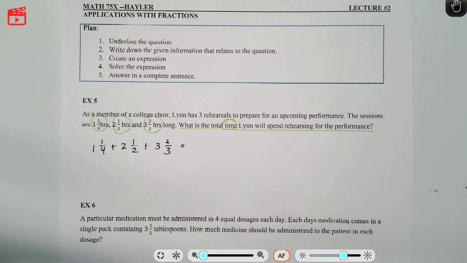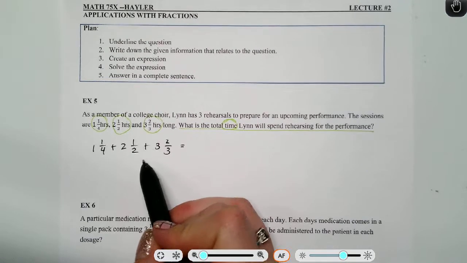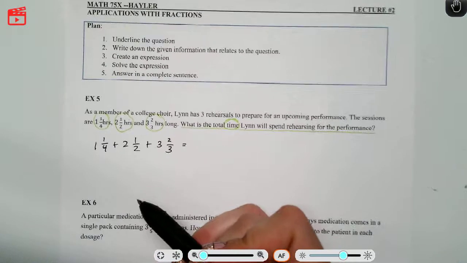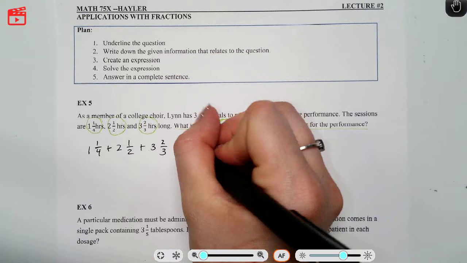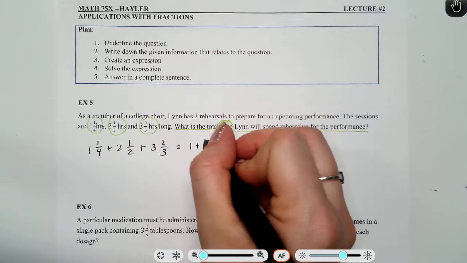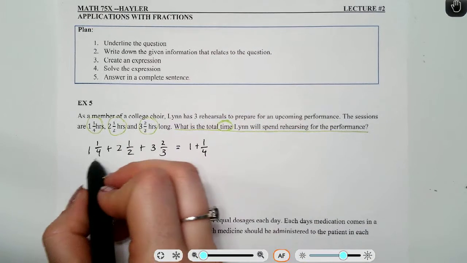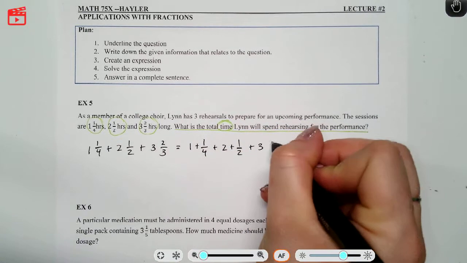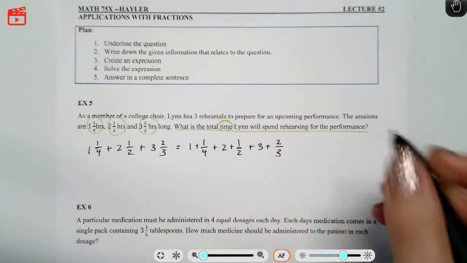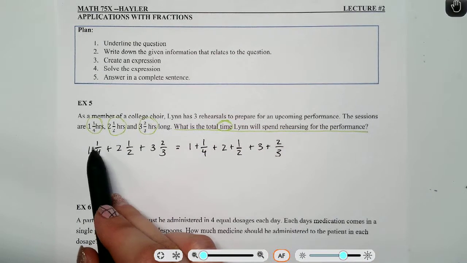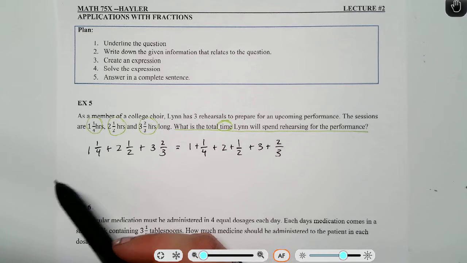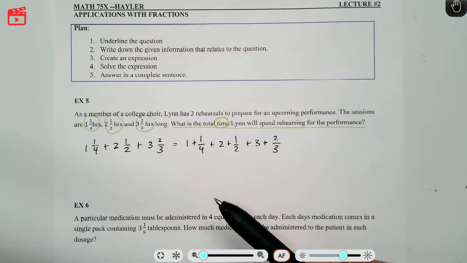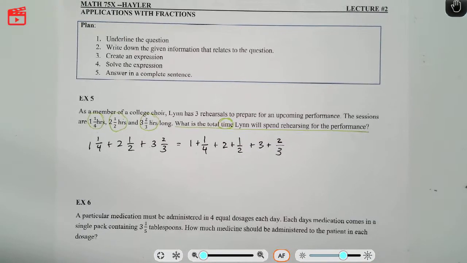Take with mixed numbers. Instead of turning mixed numbers into improper fractions, like we have to do with division and multiplication, I'm going to go ahead and rewrite this. Remember, it's read 1 and a fourth. That's how I change this one. Plus 2 and a half, plus 3 and 2/3. Whenever you write it like this, there's a secret little plus sign in between those. This is just the shorthand way of writing 1 plus a fourth. So once I do that, I'm going to go ahead and add the